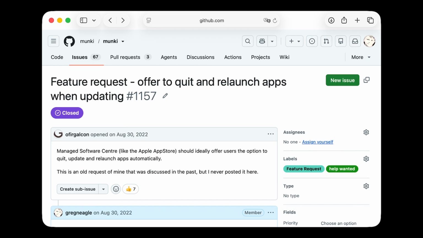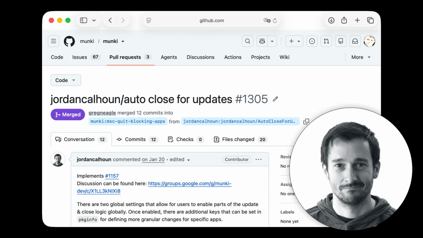I thought it was a good idea. I liked the idea. I just had, one, no idea how to begin to implement the user interface. And two, I had so many other things I wanted to work on that it always went to the back of the line. So it just sat there in the to-do list for years and years and years. But early this year, Jordan Calhoun, who's sitting in the front here, so you can all congratulate him or thank him later,